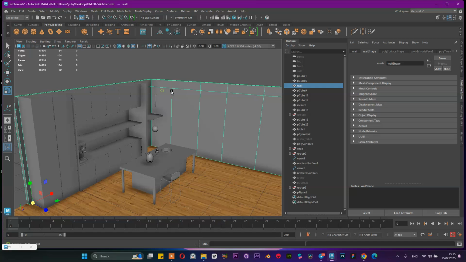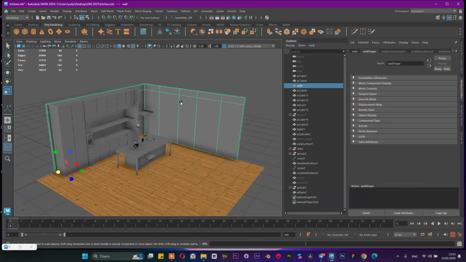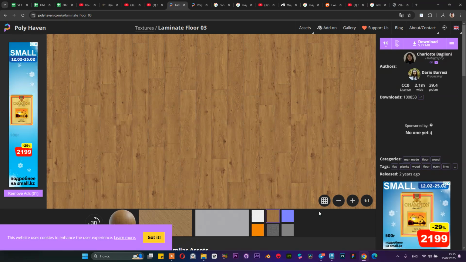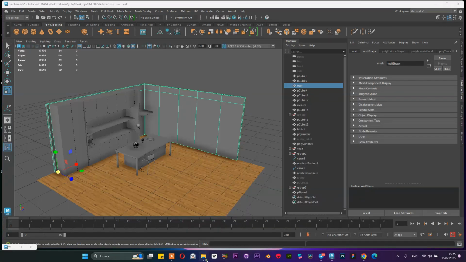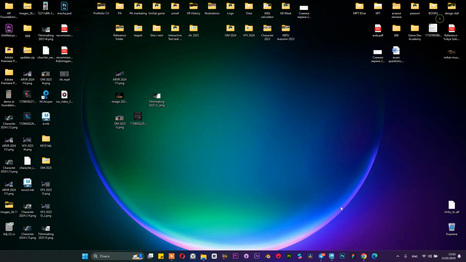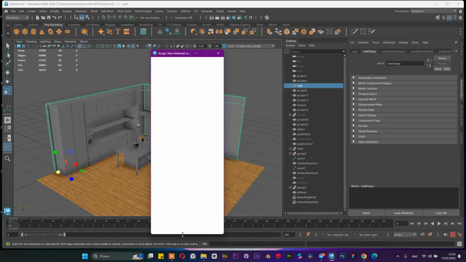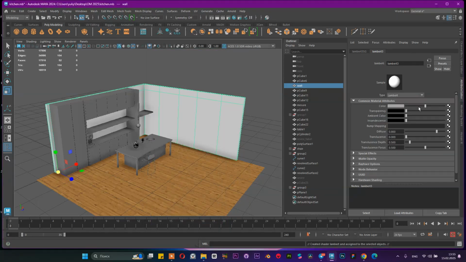And for these complicated forms, we can use faces and apply materials only on the faces you need. I should understand which material is the bigger one. The bigger one is my white material. And I'm starting to apply a new Lambert material, white, for the